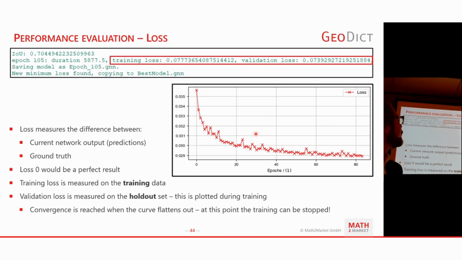So this is the plot of that number that you will see in the console. That's the validation loss. That's like the 10% holdout of the training data. So it tests the performance on that 10% holdout set and gives you that loss number. And you can see here that it converges, that it plateaus here. And the idea then is that you look at that graph, and once you see it plateau, you can click the stop button. It will then finish the current epoch and stop the training.